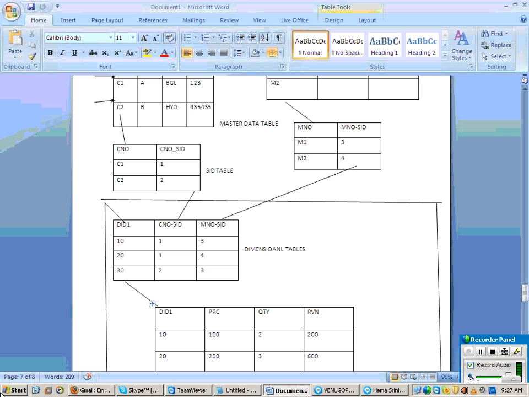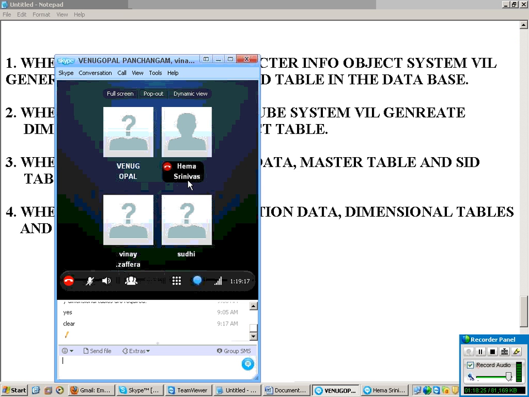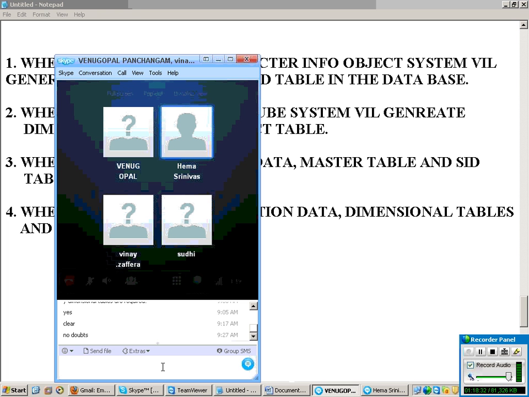Any doubts, online people? Clear? Srinivas? See, as of now it looks like the same thing. When I go to the practical part, that's why I'm mainly focusing on the theoretical part.